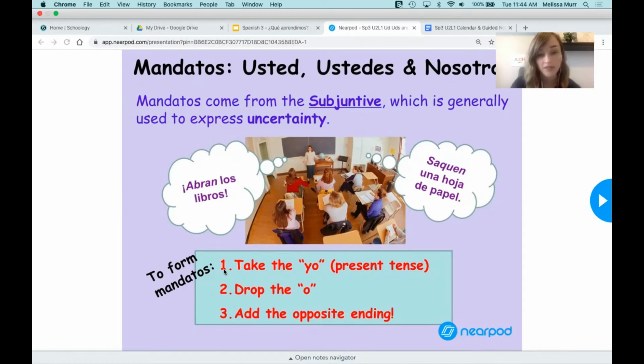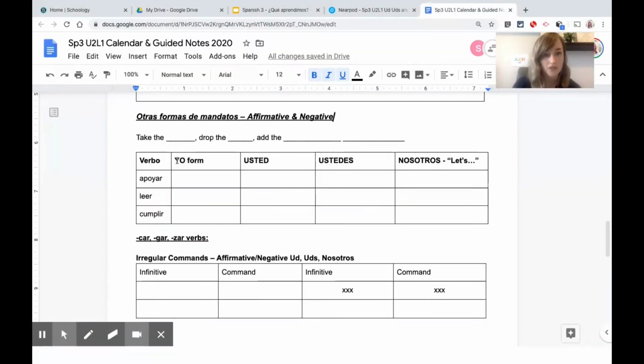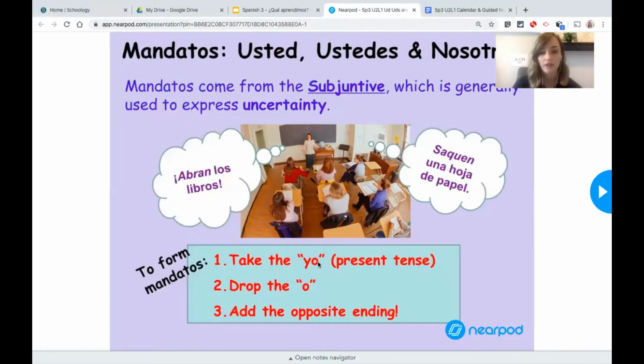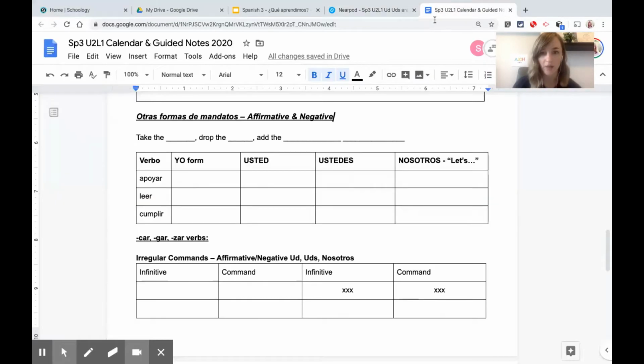And it probably sounds familiar how we're going to form these because we're forming them in the same way as the tú commands. So filling in this first little sentence right here in your guided notes, we are going to take the yo form, present tense, drop the o, and then add the opposite ending. And by opposite ending, I mean for your AR verbs, we're going to add the e or en or the emos ending. And for your ER, IR verbs, we're going to add the a or the an or the amos